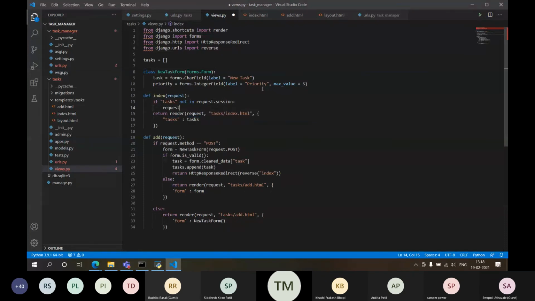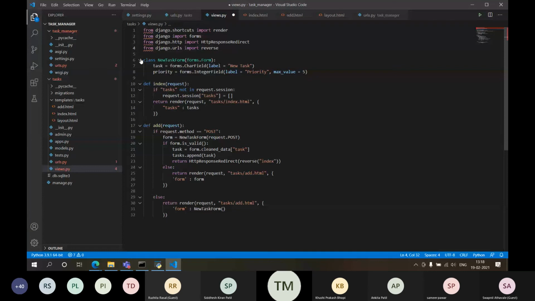Request.session. Now session is a dictionary. Okay, tasks equal to an empty list, and then here pass that empty list instead of this list.